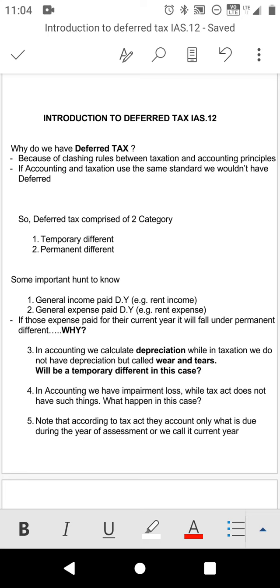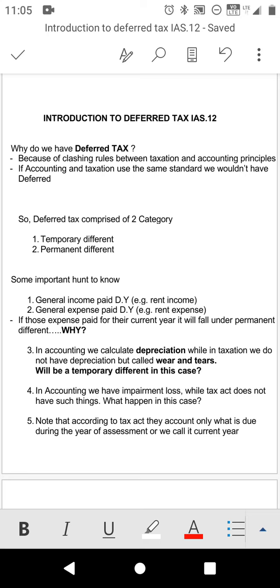So those who are studying taxation and those who are studying accounting know that some of the rules that we use when we prepare financial statements in accounting are not the same rules that we use when we prepare taxable income under the Tax Act. So there are some principles that do not agree in terms of taxation and accounting. In other words,